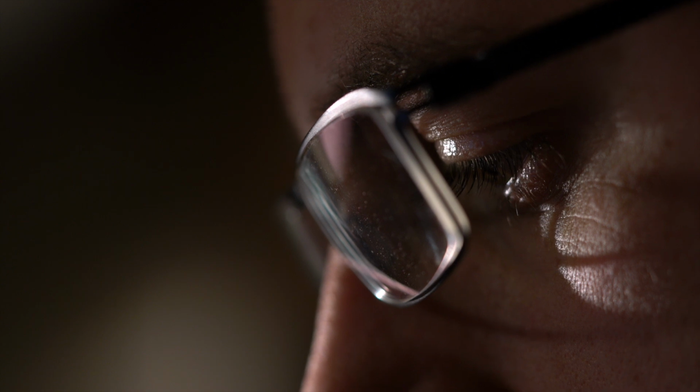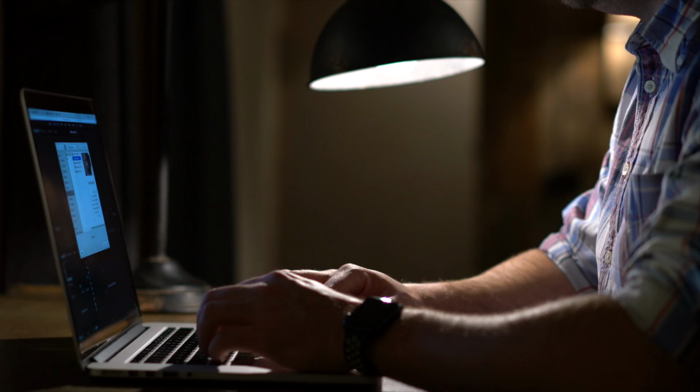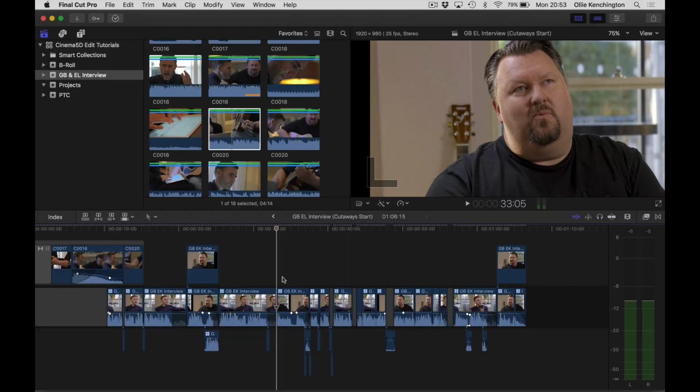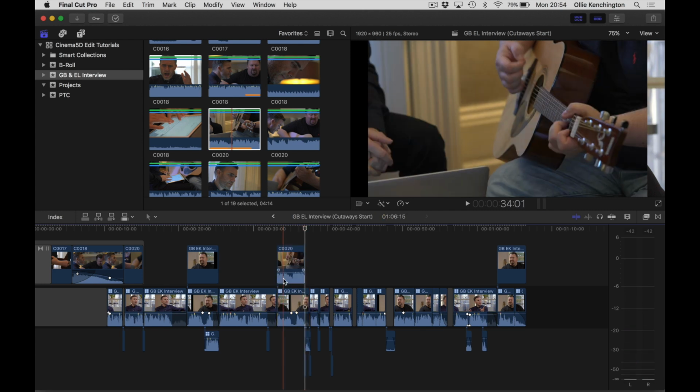Hello again, I'm Ollie Kenchington, and in this tutorial I'm going to show you how you can use a specific technique known as three-point editing. What three-point editing allows you to do is place a cutaway down and get it right first time. So really this is getting into a position where as an editor you're able to act as quickly as you can think, or edit as quickly as you can feel the rhythm of the story that you're trying